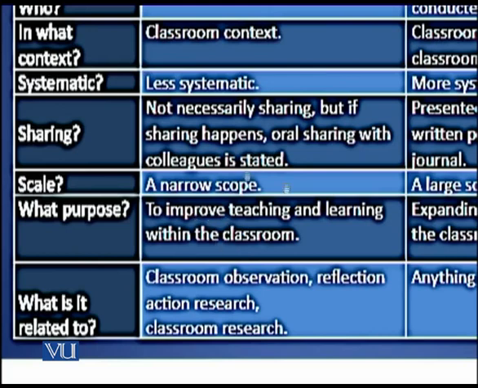Then the purpose is to improve teaching and learning. So when you think about doing researches within your classroom, you would be focusing on the improvement of pronunciation as the expert of PNP, right? That's a requirement of this course, to think about such possibilities, right? And maybe related to classroom observation, like you observe a phenomenon within your class, or it may be related to reflection. As a teacher, your reflection, your thinking, and then action research when you focus on one single issue and you come up with the solution, and then classroom research, okay?